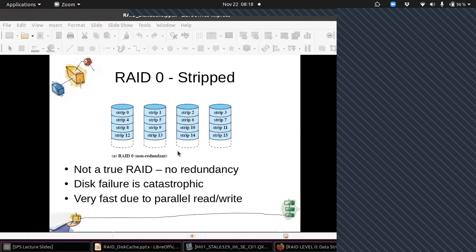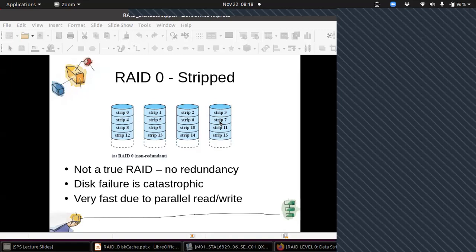This is not a true RAID because there is no redundancy of the data. In fact, data is distributed. So the problem with this kind of RAID level is that disk failure is catastrophic. If any of the disks fails, you cannot recover your data.